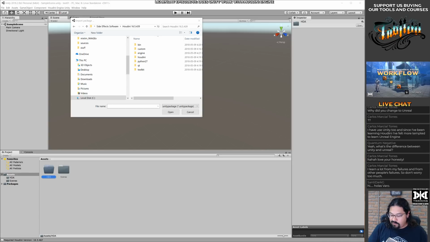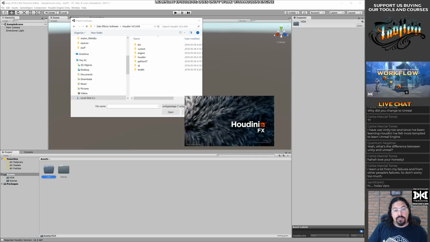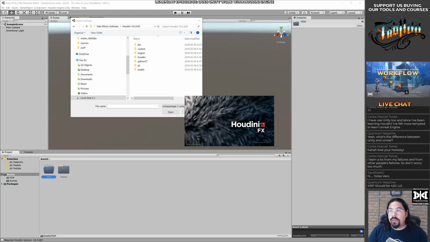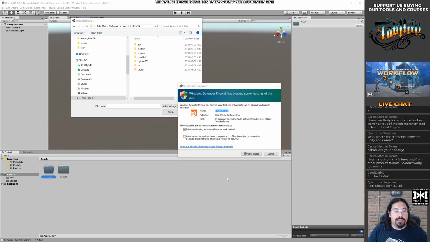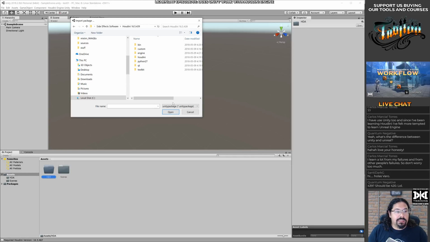Actually, let me make sure that it's working. Houdini FX 439. All right, it's launching and then it's launching and it's working. Cool. Allow access, and there we go.